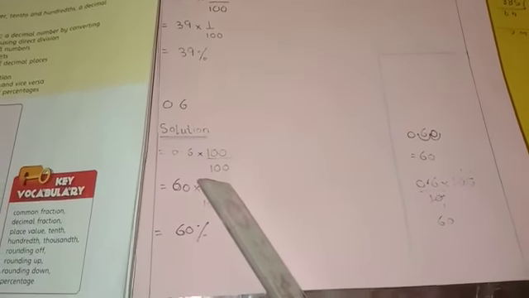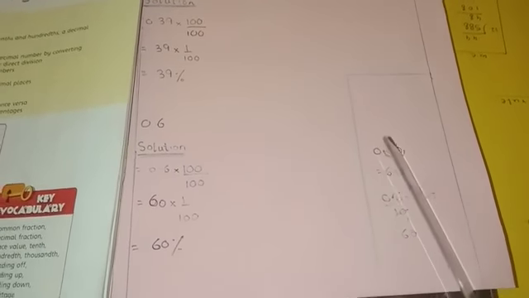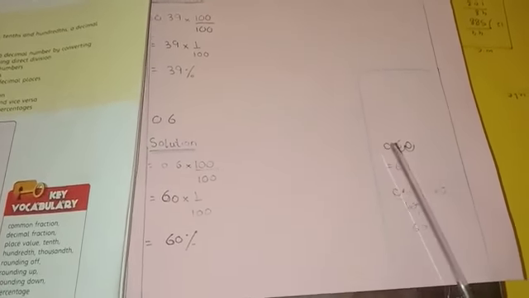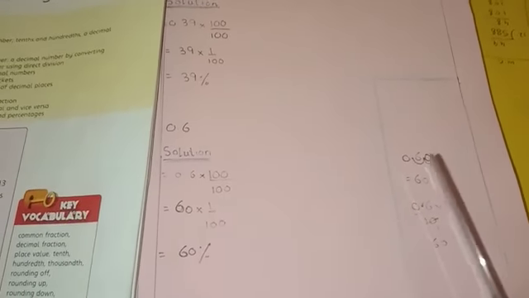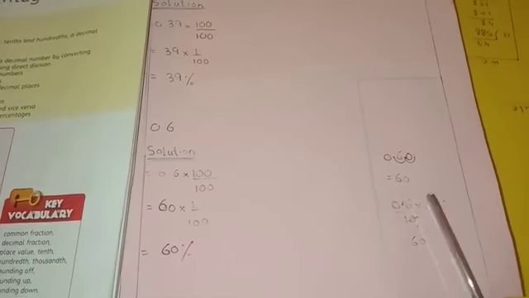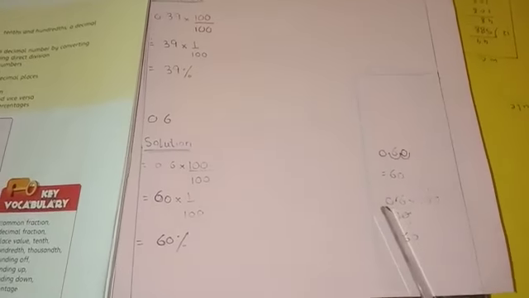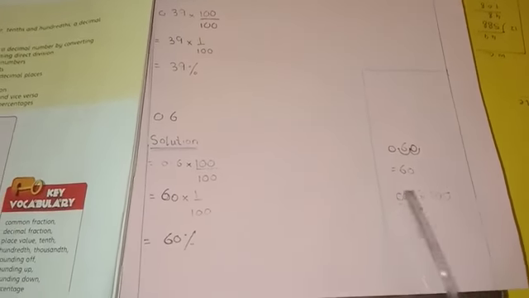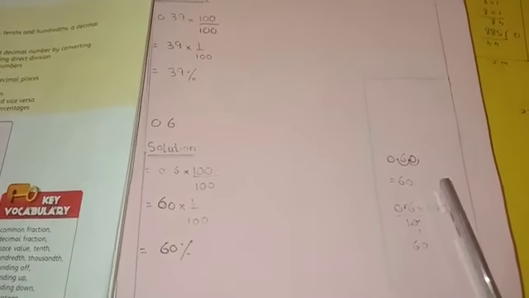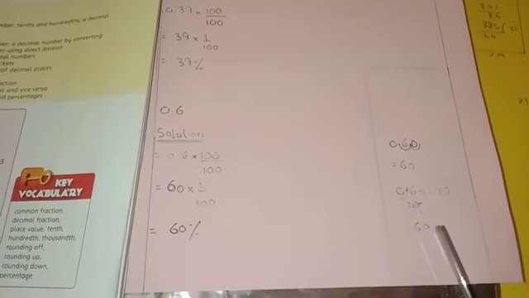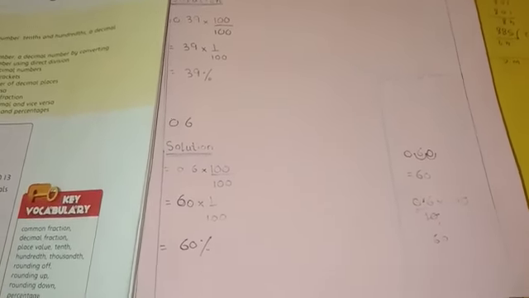0.6 multiply by 100 and divide by 100. You can see that when we multiply a number by 100, the point shifts 2 steps forward, so it will become 60. Or you can also apply the second procedure. 0.6 multiply by 100. When we remove the point, it will become 6 over 10. 10 ones are 10, 10 tens are 100. Now 6 into 10 is equals to 60. 60 multiplied by 1 over 100 is equals to 60%.